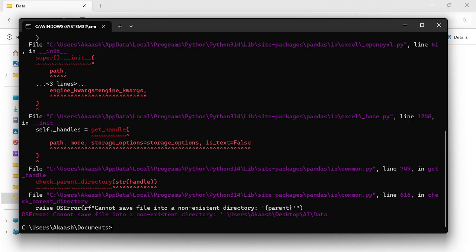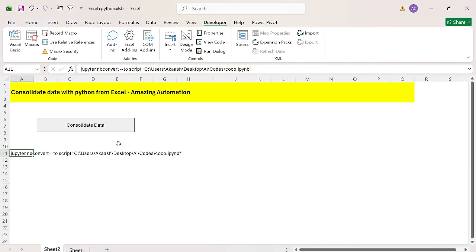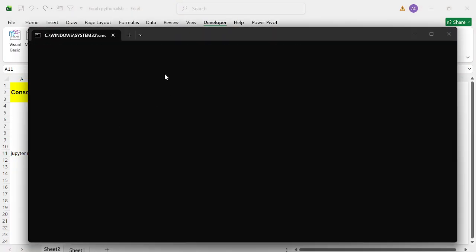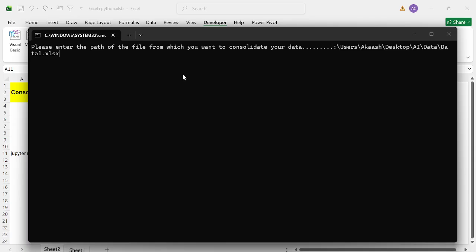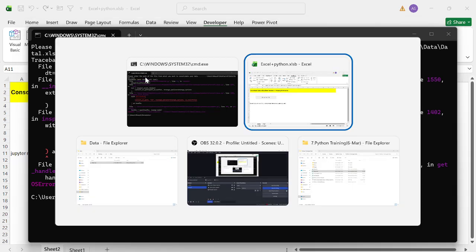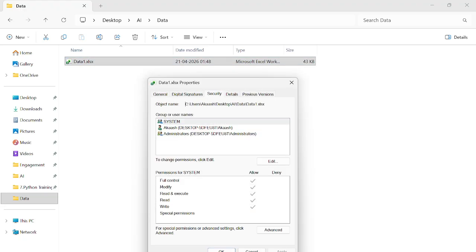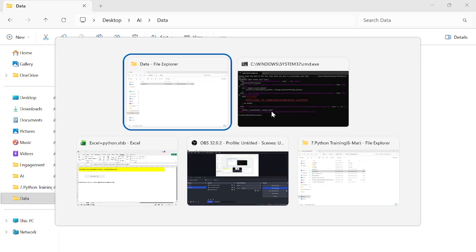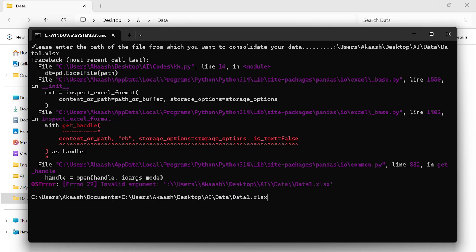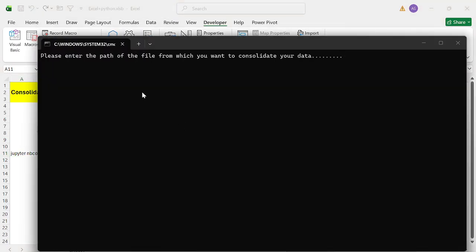No. Let me execute it again. I think some problem happened. It says data1.xlx, right? So let's execute it again. I'm just pasting the file name, enter. There's some problem. Let me right click again and go back to the security, just copy the path and paste it here. No, it says document or something. So what we can do, we can simply run this code again, and it says please enter the file,